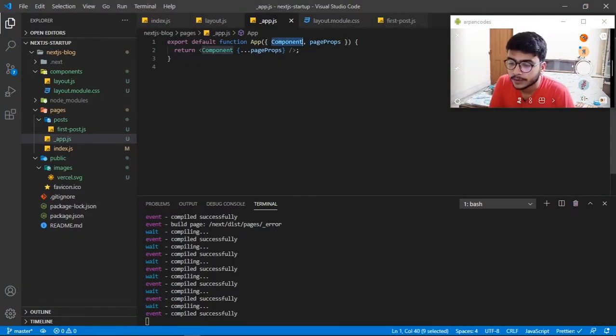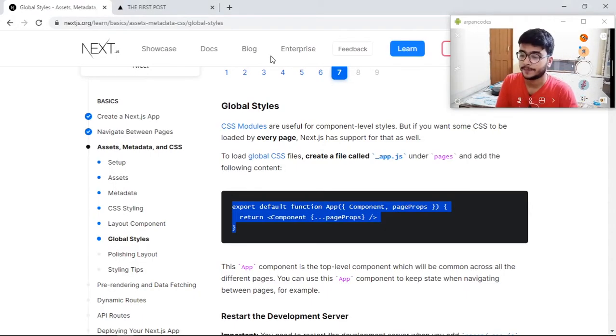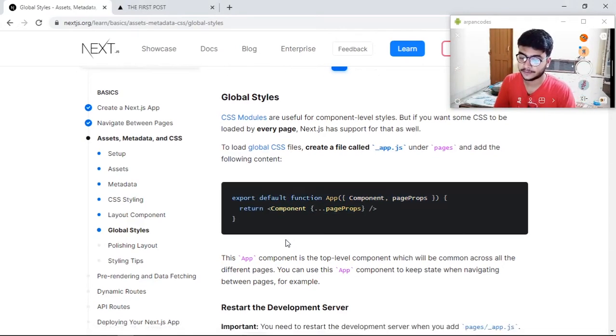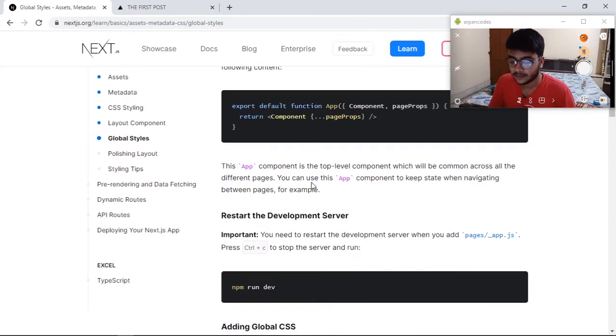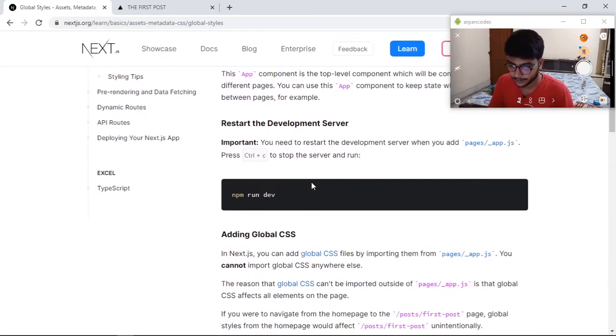We'll pass a component and we'll pass the page props. It's just an app. Nothing else, we are just rendering whatever the component is. This app is a top level component which will be common across all different pages. You can use this app component to keep state when navigating between pages. For example,